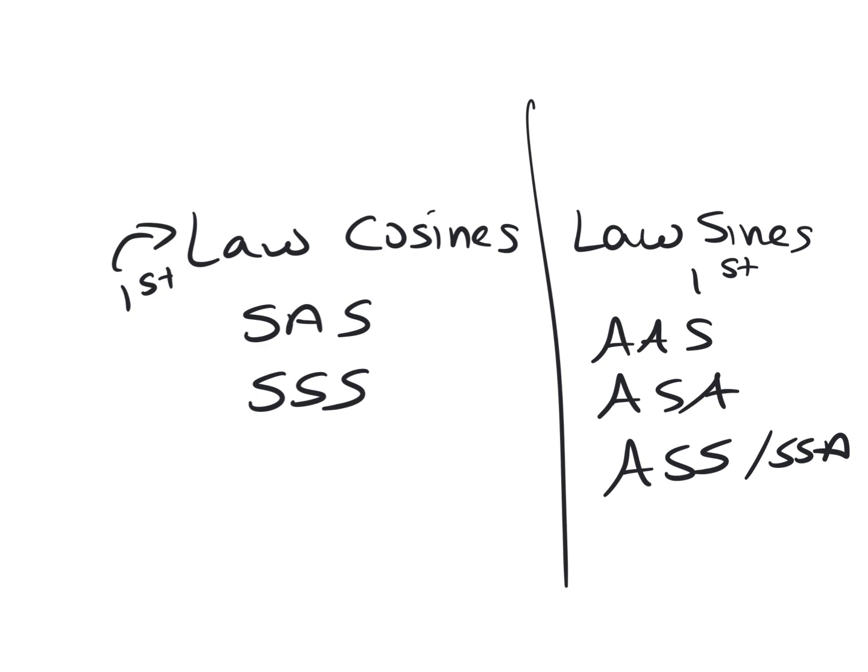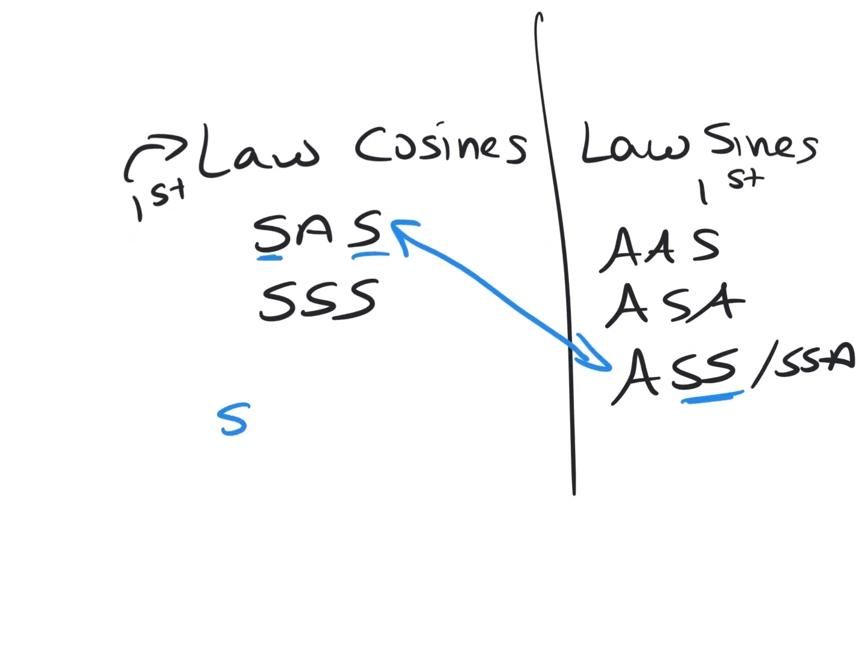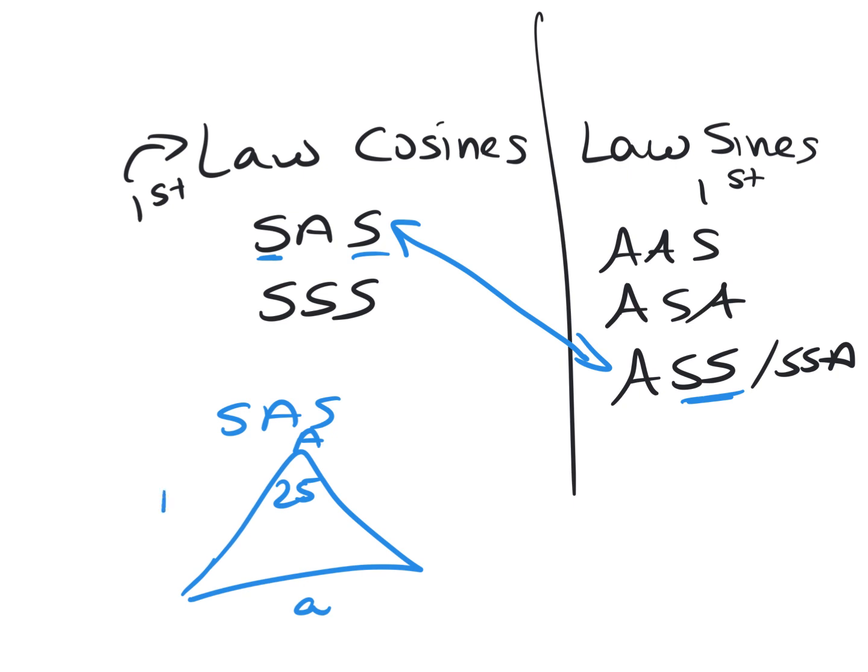And let me show you the difference between these two, because if you notice, they both have two S's, but the location of the angle is what makes it different. So when it's an SAS scenario, you're going to have, let's say this angle is 25. Let's say that's A. And then you won't have the side across from that. You'll be given the two sides on either side. So this is why it's SAS,